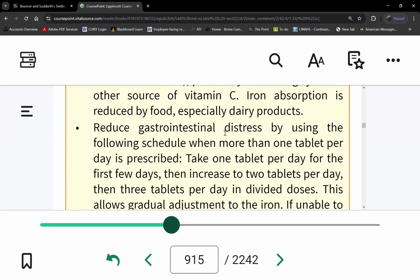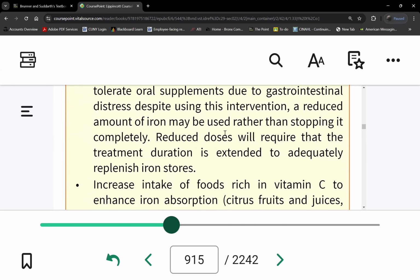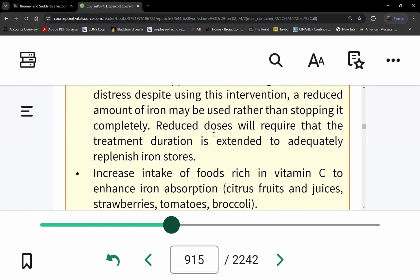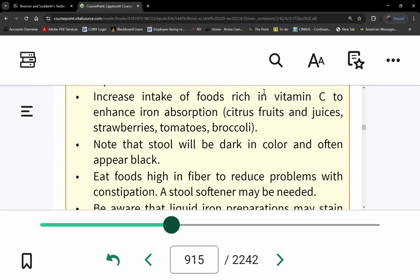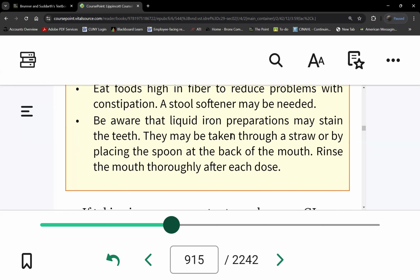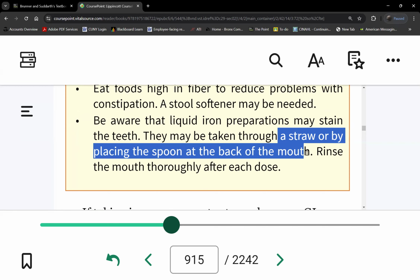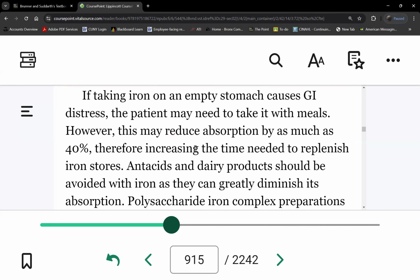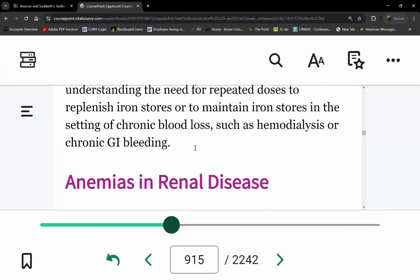So here's your teaching, chart 29-3. Again, empty stomach and GI distress, the uncomfortable side effects. Vitamin C again to increase absorption. Stool will be dark. For constipation, increase fiber. I mentioned the straw, or spoon at the back of the mouth, to prevent staining of your teeth. All right, that should be it for